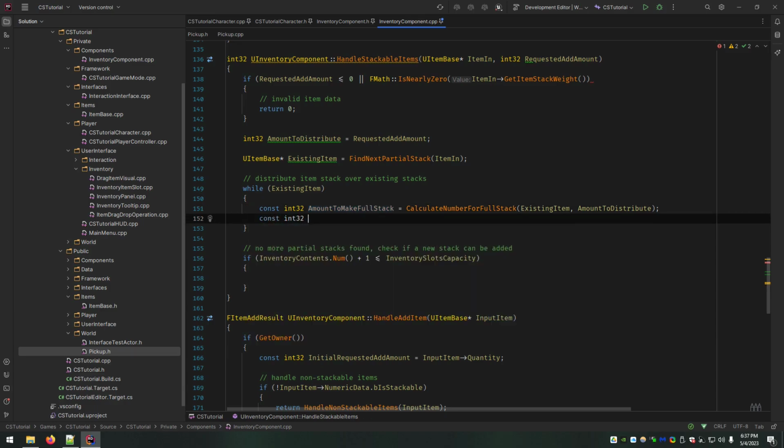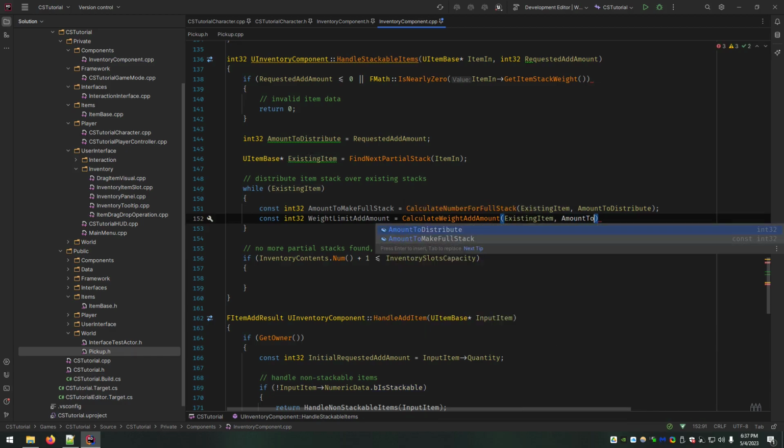We're then going to get another number that is weight limit add amount. And this one we're calling calculate weight add amount. We're passing in the existing item again, but this time we're passing in amount to make full stack.